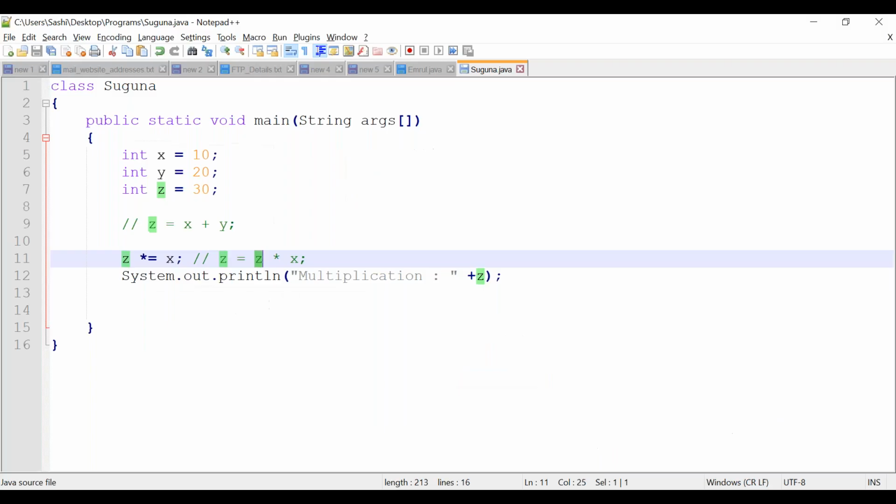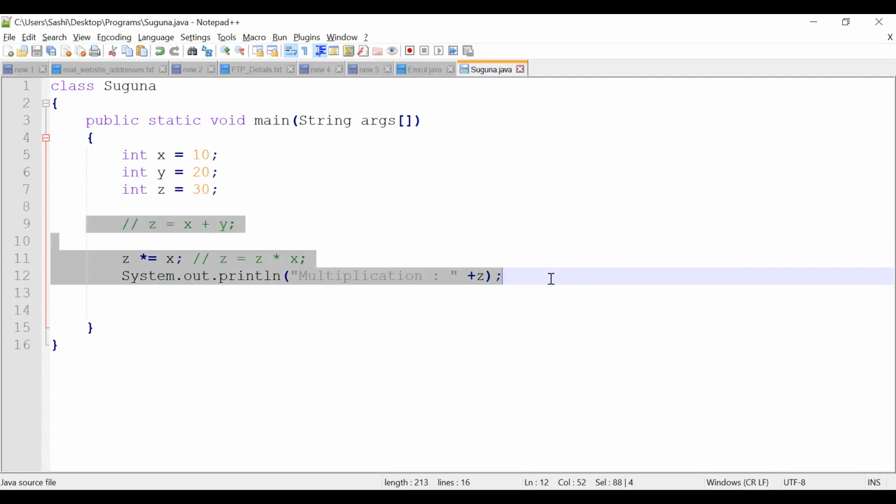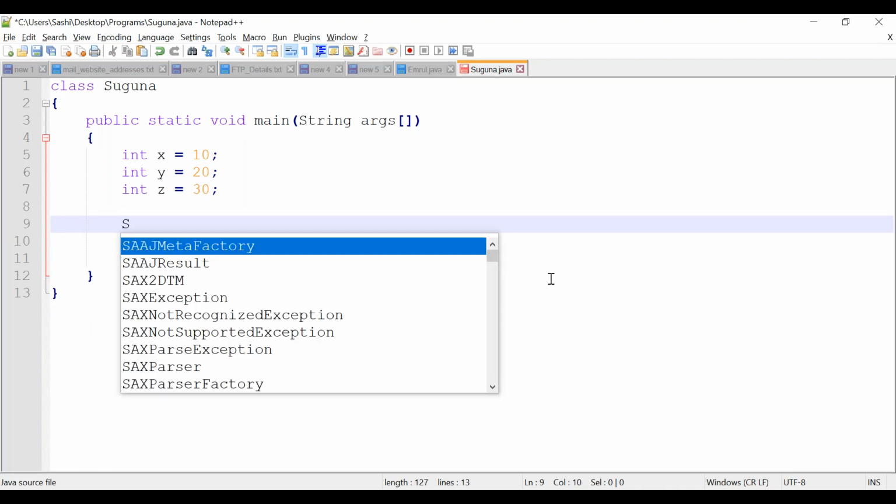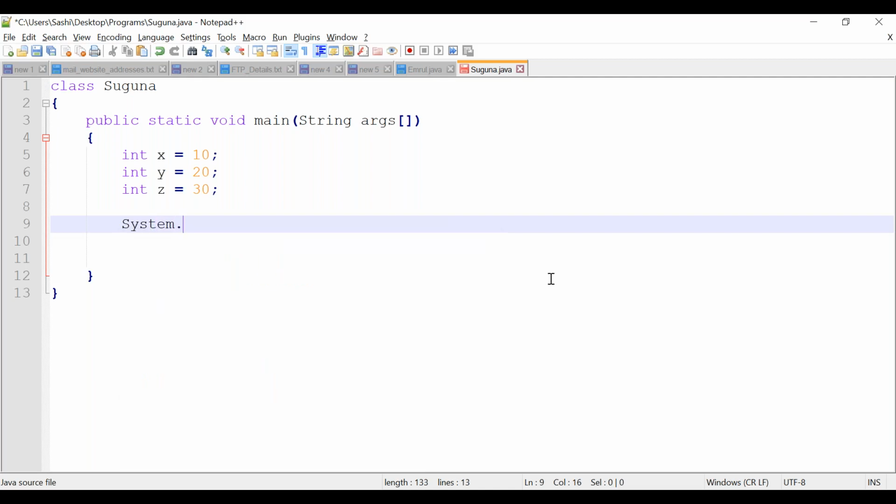So let's see all these operators. I can compare these things using the same program here. Instead of going with a new program, let's play with this program only. Consider I am checking with x and y, x equal to y.